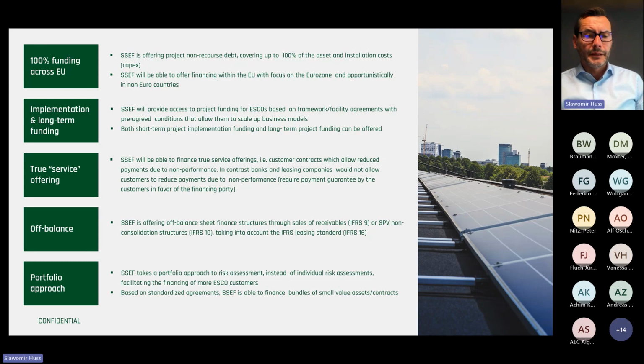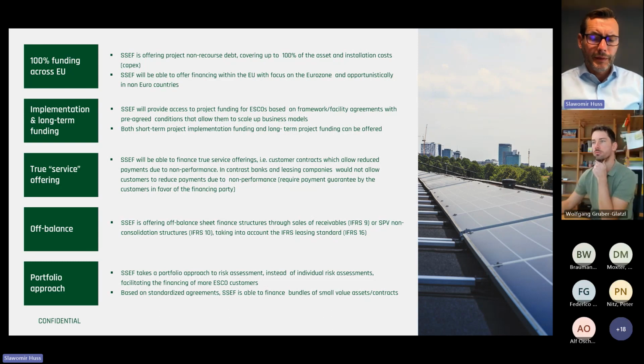I mean, if the customer has to put 30% equity or down payment, that is obviously a different story versus what we do. We finance generally up to 100% of the investment. We provide non-recourse financing, so we allow all the parties to stay somewhat in their comfort zones. So we understand technological